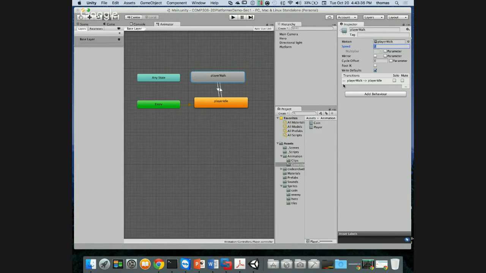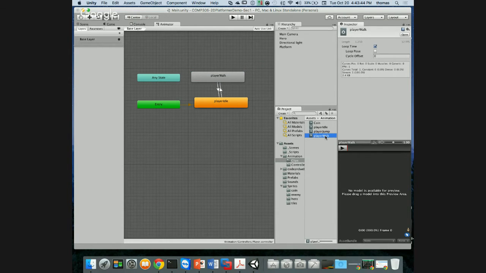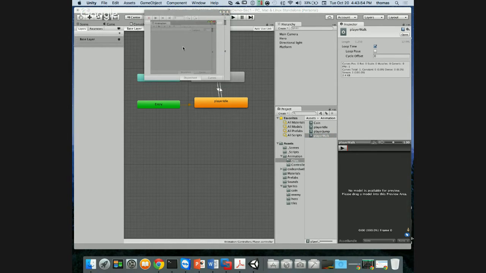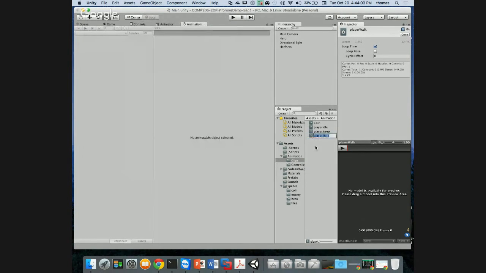The other way of doing it is actually to look at the player walk clip. So let's take a look at the clip. I'm going to double click on the clip, which is his player walk. And one thing I can do is go to another window here. I'm going to populate another window called the animation window. Right, so here's my animation window. I'm just going to move this into the top here and pull this to the side next to animator. And when I click on the player walk clip,